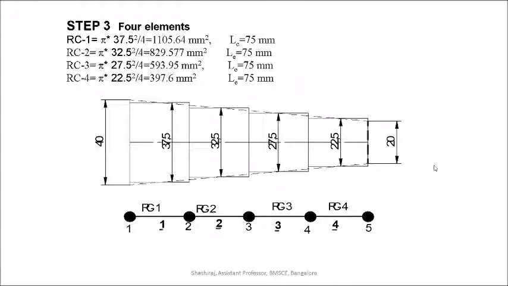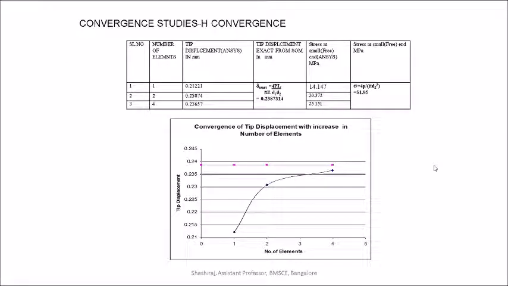You can refer to it. So all three methods you have to solve and capture the displacements and stresses, record them in a table and plot the graph. And this graph can be plotted only in Excel. You cannot plot it in ANSYS. You have to separately plot it in an Excel sheet.